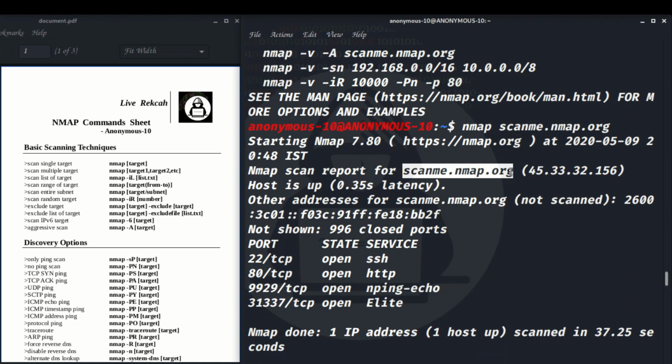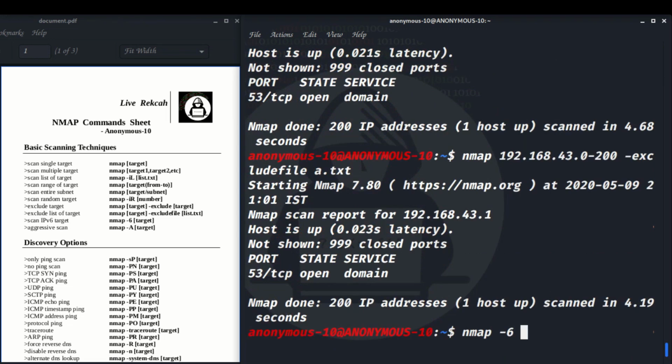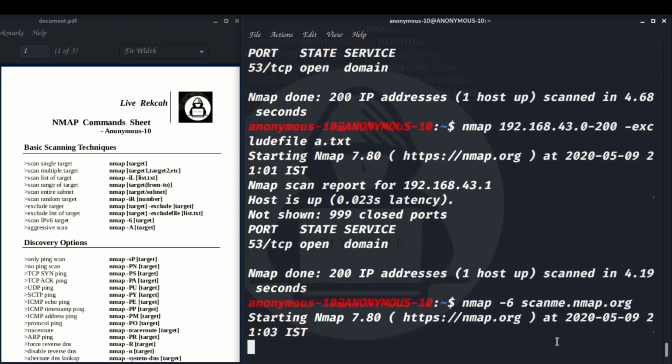I don't know if it will work or not. We have to use an IP address version 6 here, but I'm just going to check it. Let's check. If it doesn't work, you should not use a domain here. If you mention -6, it means the target I'm going to use is an IP address which belongs to version 6. The version 6 IP address seems to be very large. It contains alphabets and numbers, and it looks like a big string. The short version is IP address version 4. That's what we are using now.